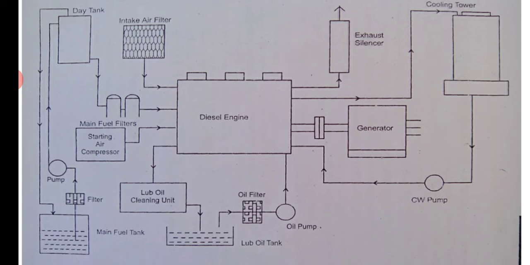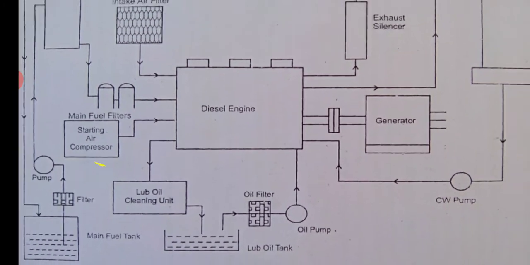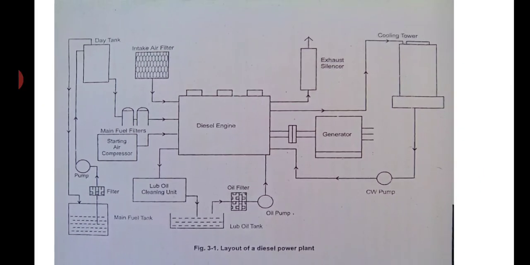And then at the bottom, below the diesel engine, you can see the lube oil tank. For that lube oil tank you have an oil filter, then an oil pump, and the oil is pumped to the engine for lubrication. This is a separate lubrication system. There is an oil sump, the filter, the pump, and again it comes back to the checking unit, cleaning unit, and goes back to the tank. Not only cleaning, there will also be a cooling unit, because the oil becomes hot, so it has to be cooled. It will also carry some burnt particles of the fuel. So there is a cleaning and cooling unit for lubrication.